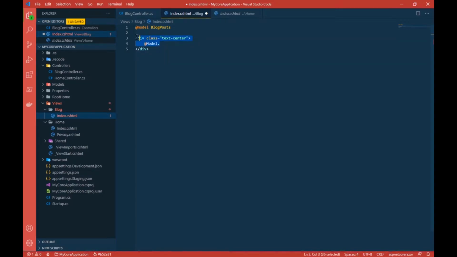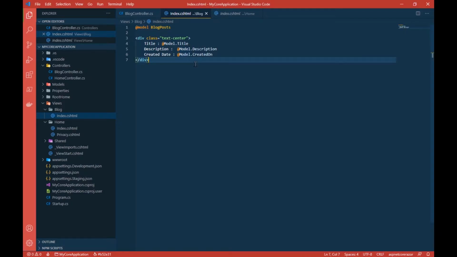Let's use this quickly. I have written very simple code to display the title, description, and created date. Basically what I'm telling is, I'll be giving you the instance of this object, so use that object and display all this data from it.